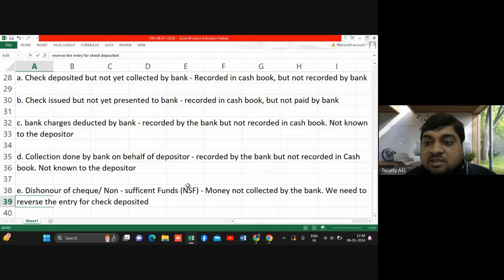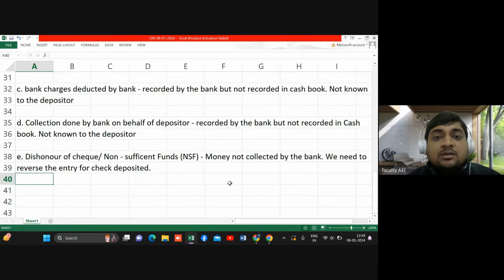We need to reverse the entry for check that we have deposited. If it would have been collected by the bank, then bank would have increased the balance, right? But since it is non-sufficient funds,